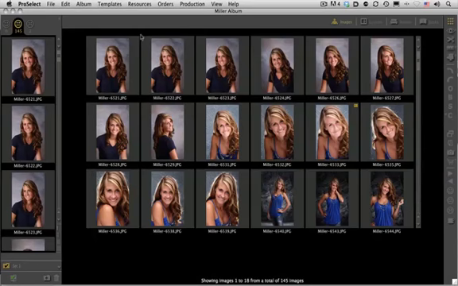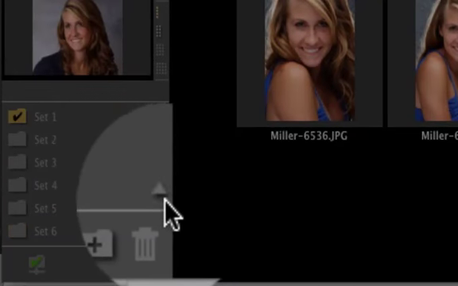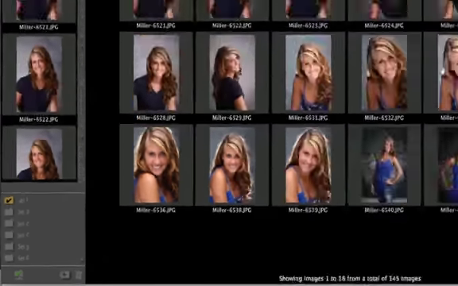For this ProSelect quick tip, I want to talk about image sets. Now, image sets are located down the lower left-hand part of your screen. I'm going to go ahead and click this little icon here, and you can see I've got 6 different sets available. I can actually have up to 15 different sets, and that's something I can activate